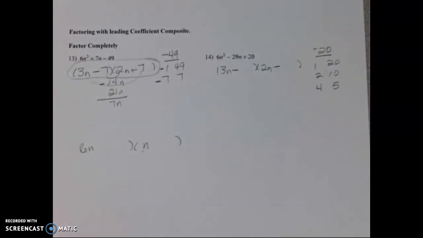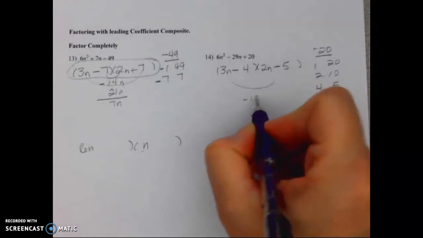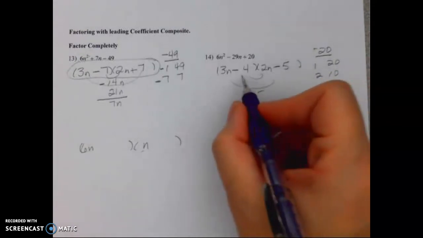Okay, I'm going to try 4 and 5 and see what works, if that works. 4 and 5 gets me negative 15. 4 times 2 is